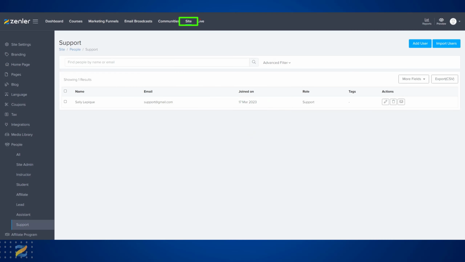What is the support role for your Zenler site? So the support role means that they can only manage people sections of your site. They do not have access to view the dashboard,